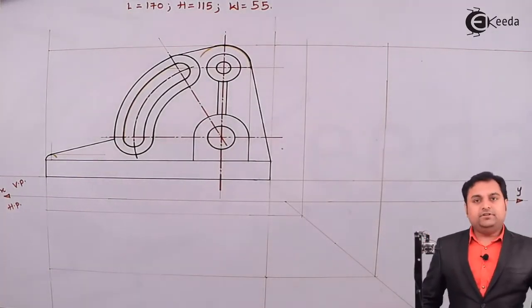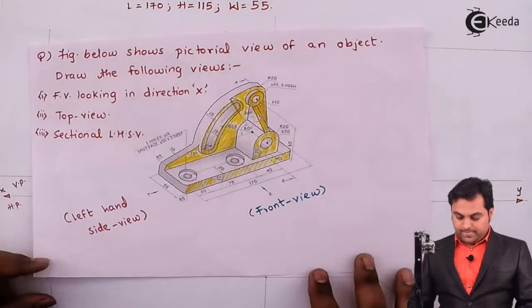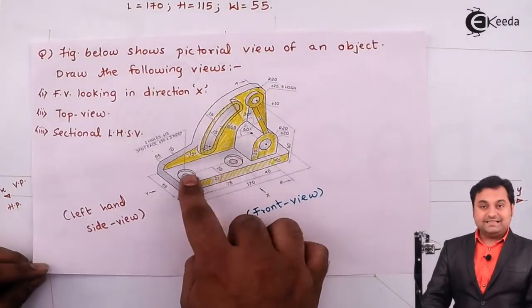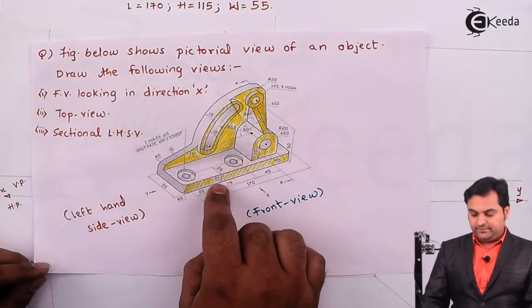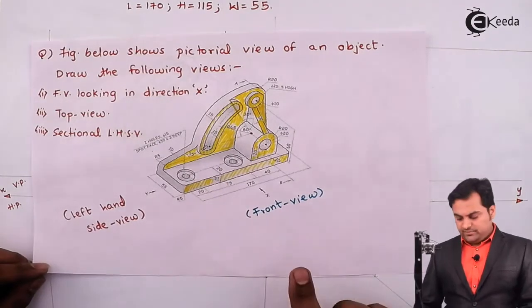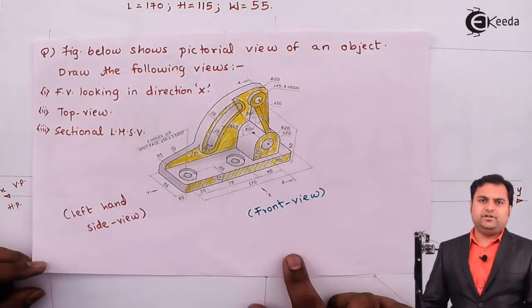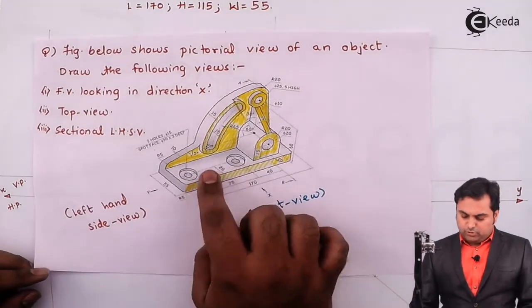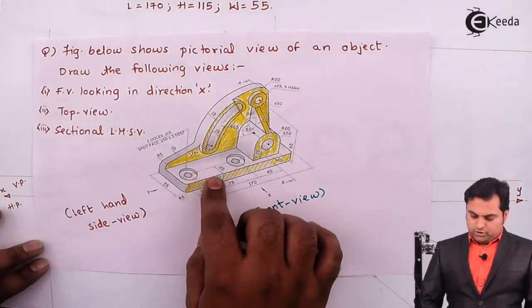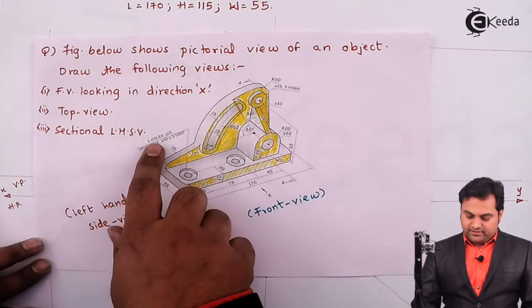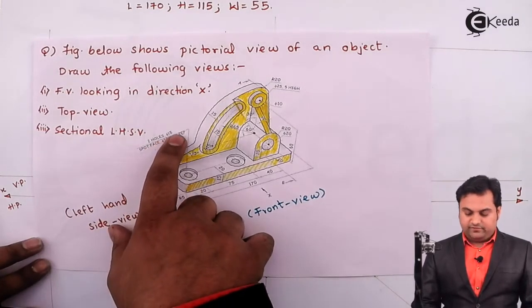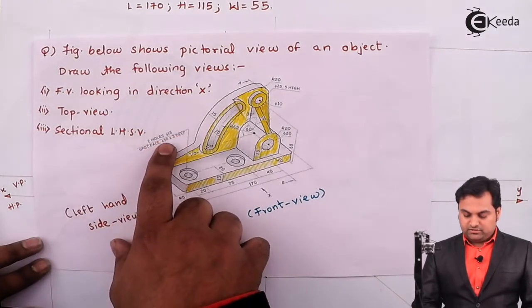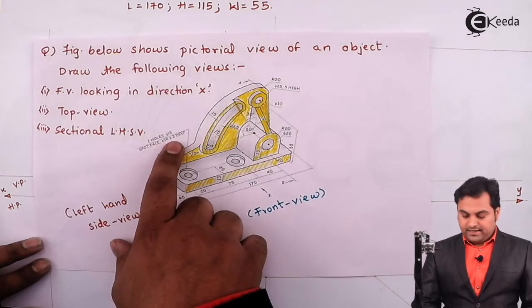Now after completing the front view up till here, there are two holes inside this 15 mm height plate which are not visible along the x direction, that is in the front view. Now these two holes should be hidden. It is given here, there are two holes, diameter 15, spot face diameter 30, and it is 3 mm